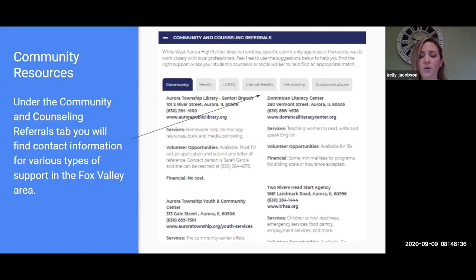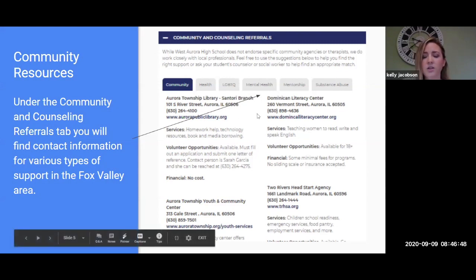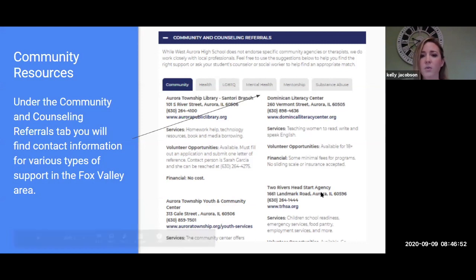So as we are all working remotely these days, we felt it was essential for you to be aware of these supports as well, so that you can best support your student and your family. Here is just a snippet of some of the different community supports that we offer or that we often utilize in the Aurora community. You can further explore different